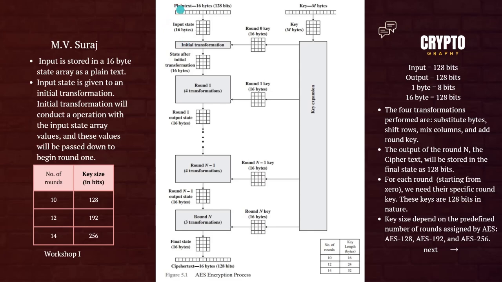So basically the plain text, which is 16 bytes or 128 bits, will be put into a state array, which is also 16 bytes, to make processing easier. So how does this make processing easier? Because if it's a state array, then we can perform the specific math concepts easily. For this algorithm, we will use many matrix multiplications and other similar operations, and for that, having an input as an array, or as a matrix, will make it so much easier. That's why we make it into an input state array, and then we will